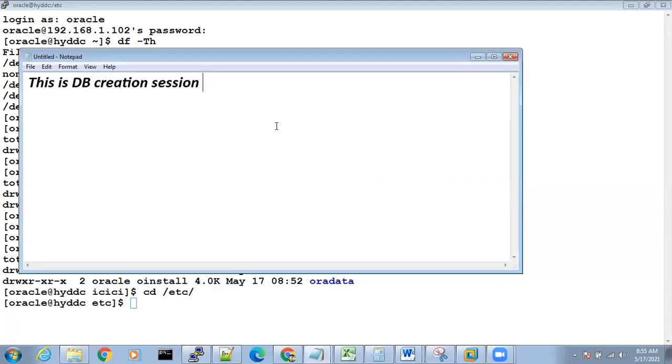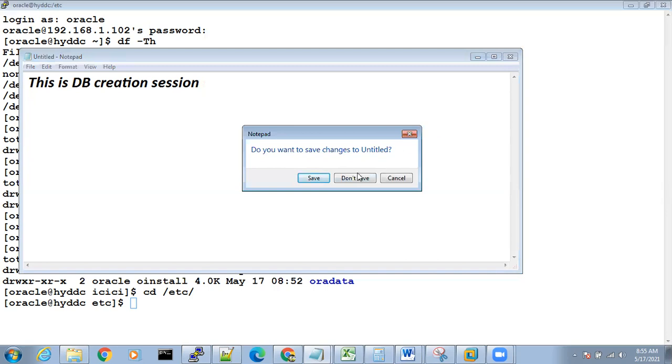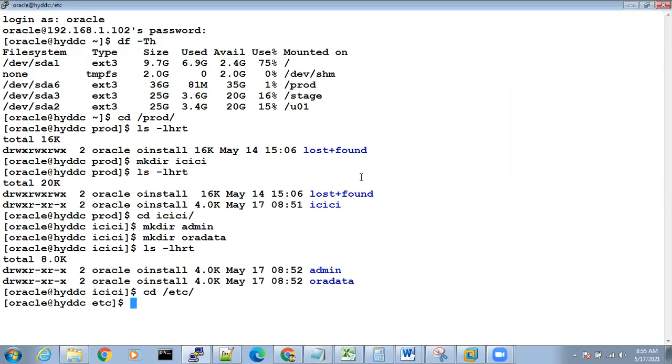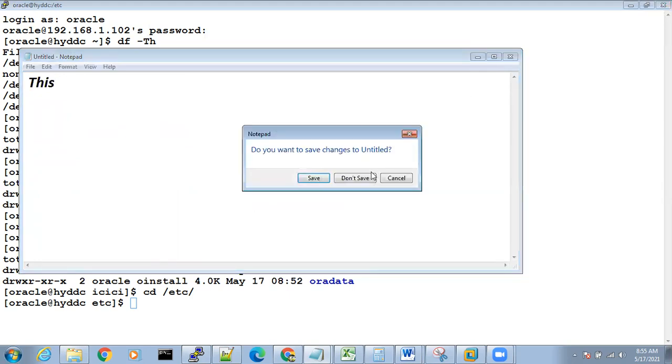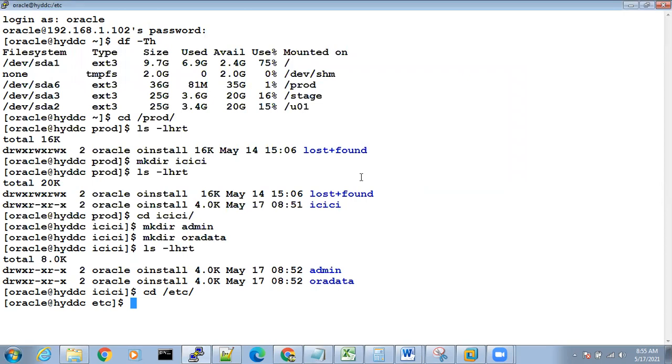But if you want to close without saving, then you just click and it will ask you, do you want to save or don't save? Just don't save. That's it. So there are two options. When you open a notepad in Windows and type something, you have two options: either Control S to save, or quit without saving.